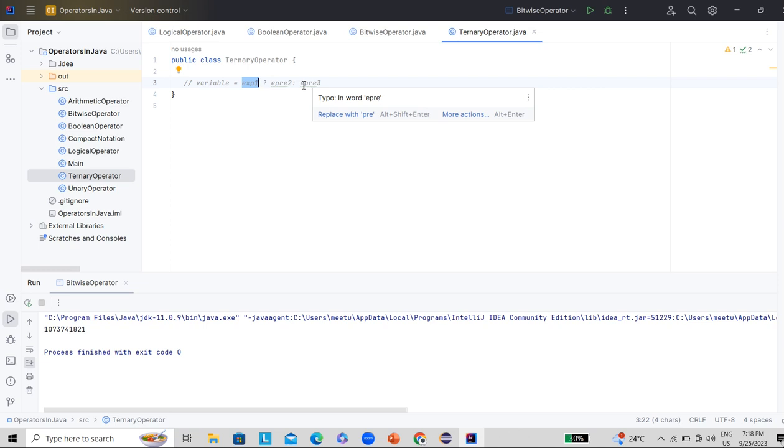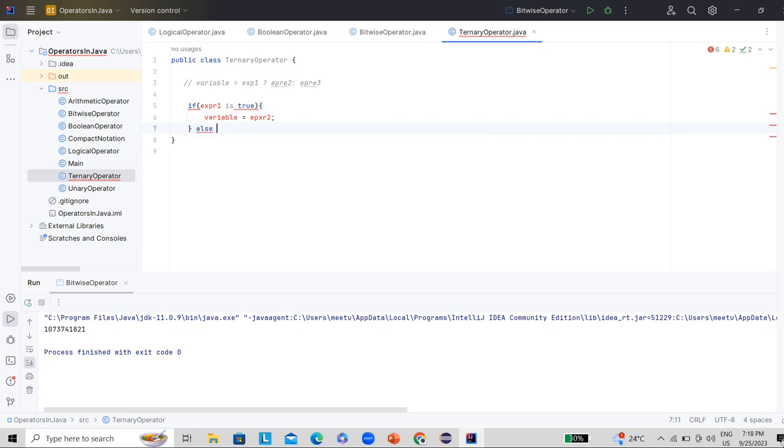Let's see how we can do it in a traditional way, and then how we can replace it with the ternary operator. Let's say we have a condition: if expression 1 is true, then variable equals expression 2, else variable equals expression 3.